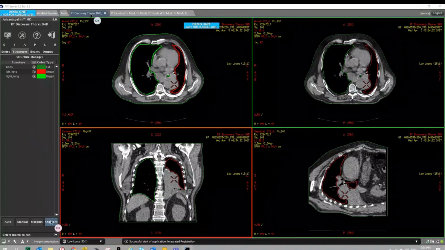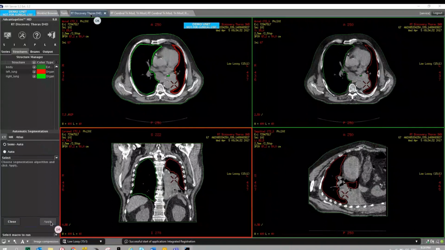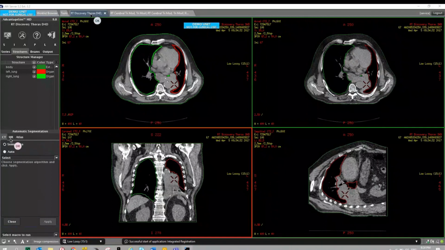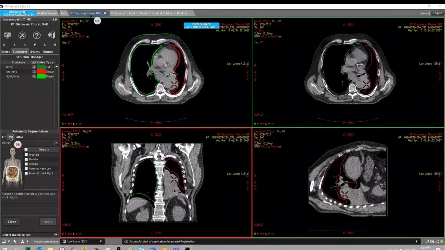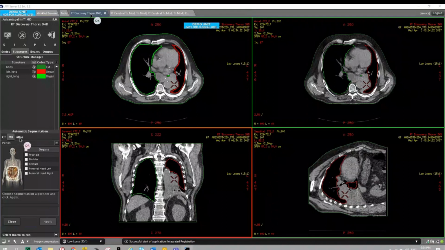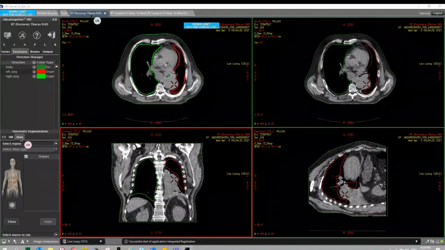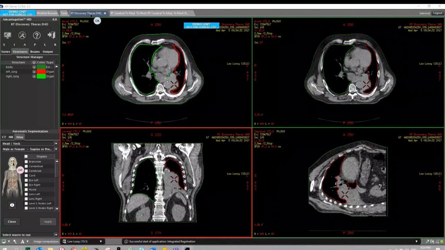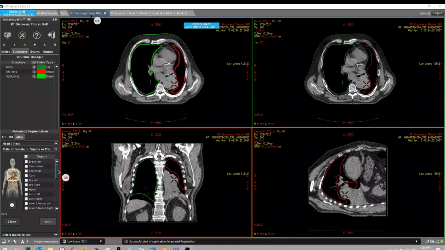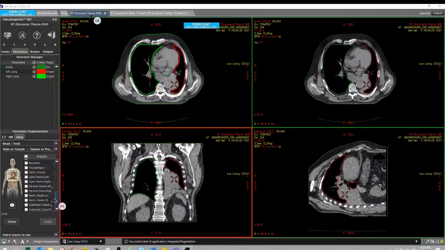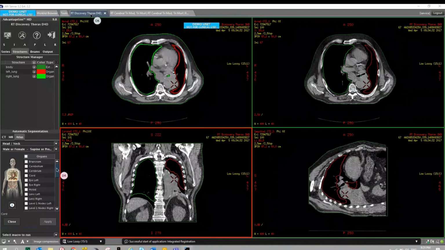And here we also have some segmentation tools using MRI images. We will see that on pelvis or on neuro cases, or Atlas for CT for head and neck studies, where we have more than 70 structures that the system is able to contour.